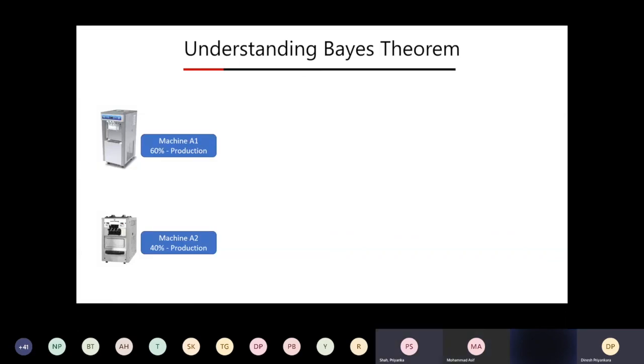Okay, so let me continue. I'll assume that we have two machines like this, and it's all about the production. The first machine has 60% of the production, and the second machine produces 40% of the production. So the probability of production for machine one is 60% or 0.6, and for the second it is 0.4. Now, if you think about the defect rate,